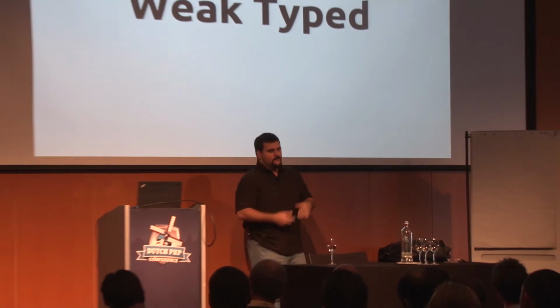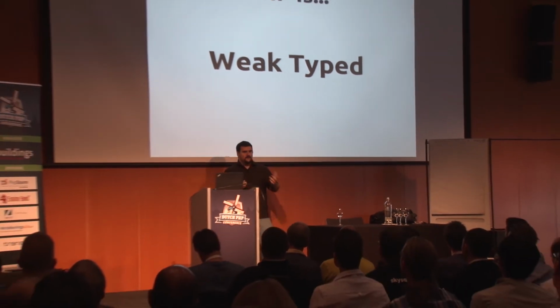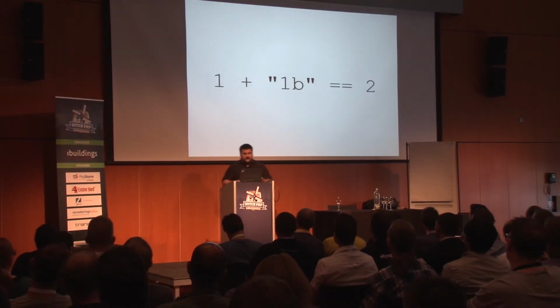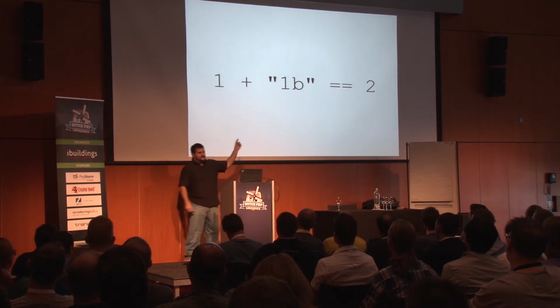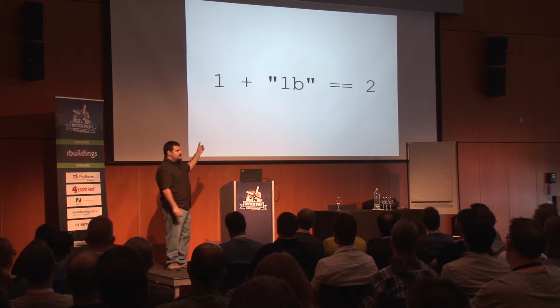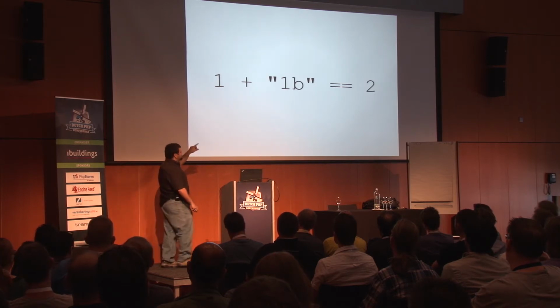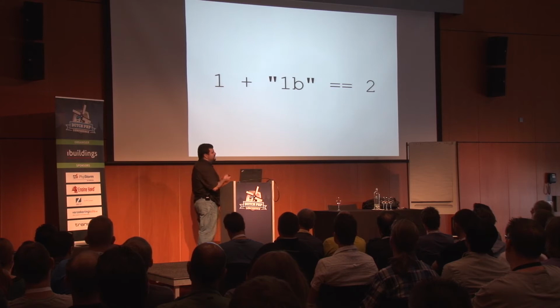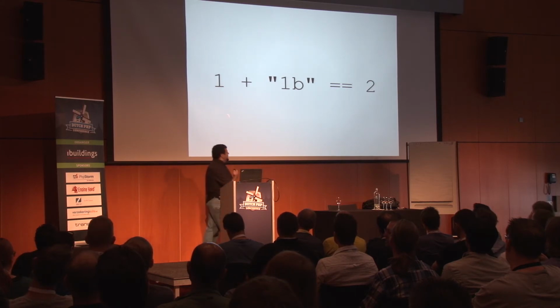As we're going to see a little bit later, that is really, really good in a lot of cases, but it's really, really not good in a lot of cases too. But it's also weakly typed. Now, there is a difference between dynamic and weak because this makes sense in PHP. Some people, like me, say this is probably an error. This is you're doing something wrong because 1 plus 1b, what is that supposed to mean? Should this be 2b? I don't know.